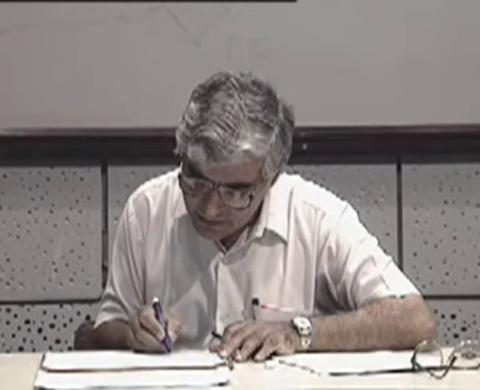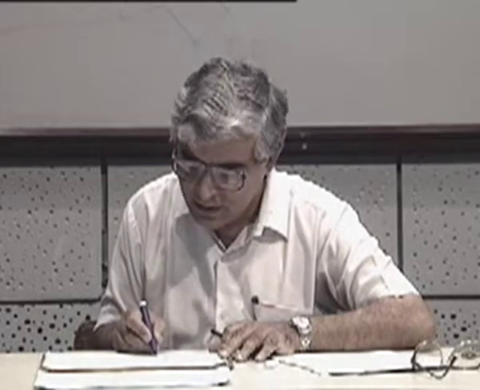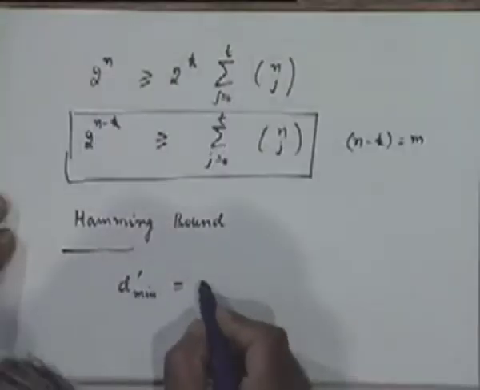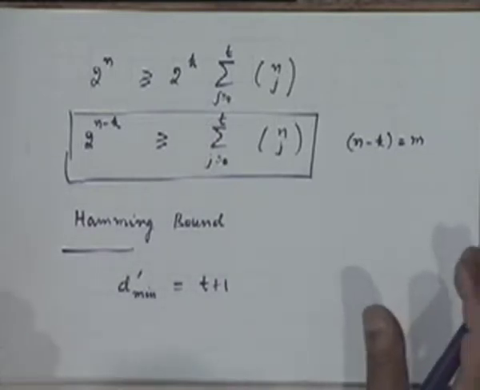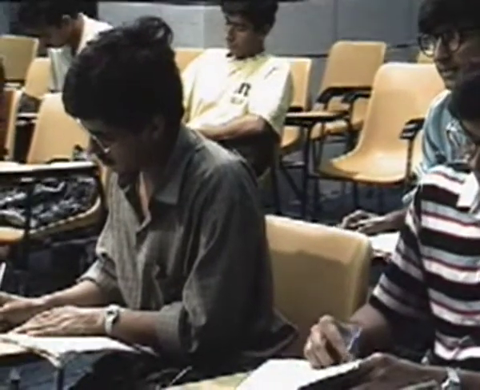For that we require a code with minimum distance d_min equal to, this answer should be obvious. If I only want to be able to detect up to t errors and not have the capability of correcting them, t plus 1, right? Is it obvious? Because we can have overlapping in that case. All you want to make sure is that you are able to detect it. So the answer is t plus 1.